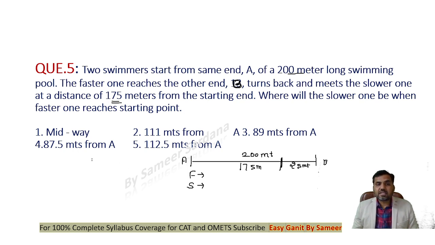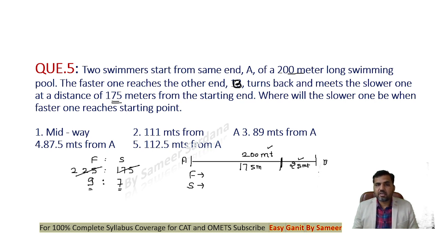So see that by the time the faster one has traveled a distance of 200 plus 25, because it has touched point B and then is coming back, that is 225 meters, the slower one has traveled a distance of 175. That's the ratio of 9:7, right? That means by the time the faster one travels a distance of 9, the slower one will be traveling a distance of 7. Now we are supposed to find out where the slower one will be